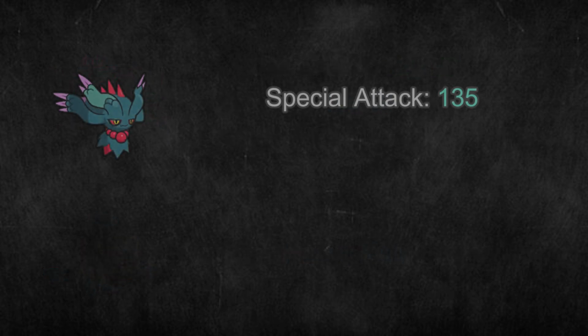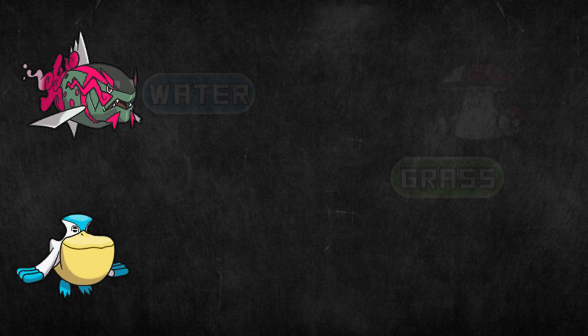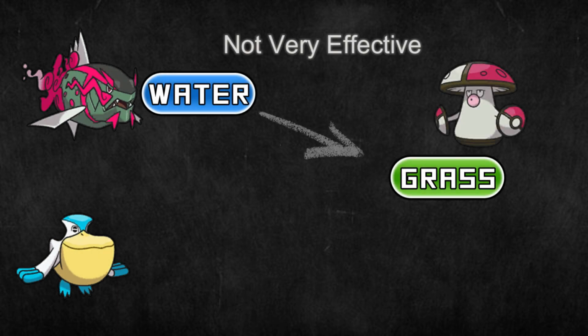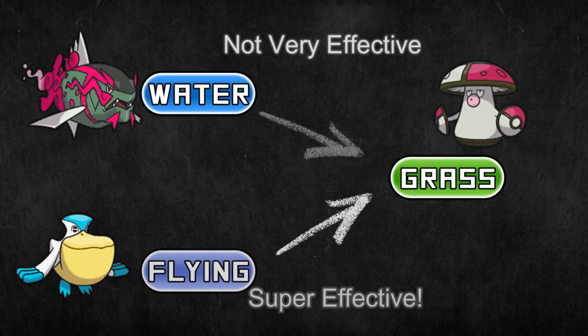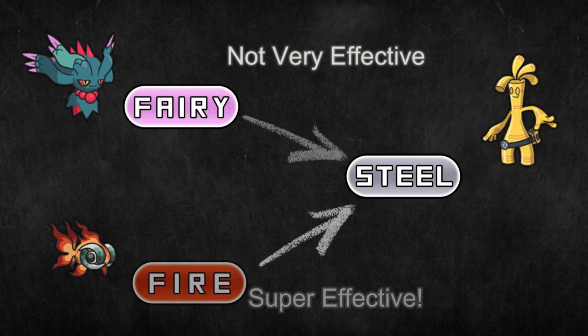Pokemon like Fluttermane deal much more damage when boosted by Chi-Yu's Beads of Ruin. Another form of offensive synergy is when Pokemon have complementary offensive coverage. Basculegion may have high damage output with water moves, but will struggle to hit grass types. Pelipper can hit them with a strong super effective Hurricane. Fluttermane may not be able to hit steel types effectively with its fairy moves, but Chi-Yu can hit them super